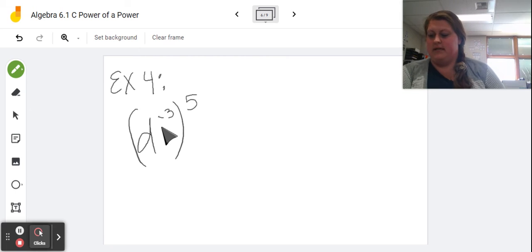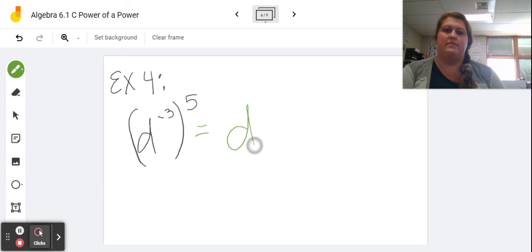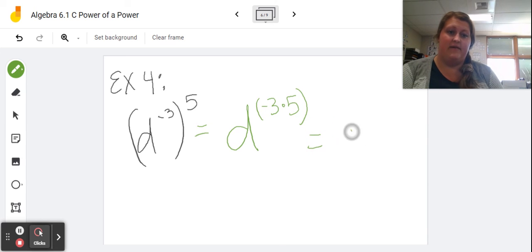Last example using negative exponents again. So I have d to the negative 3rd raised to the 5th power, gives me d to the negative 3 times 5, excuse me, I was one step ahead of myself. And negative 3 times positive 5 gives me d to the negative 15th,